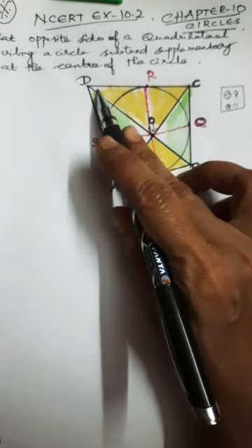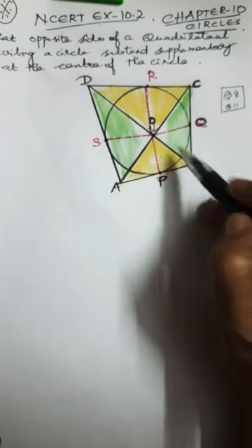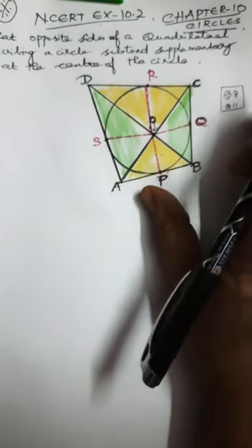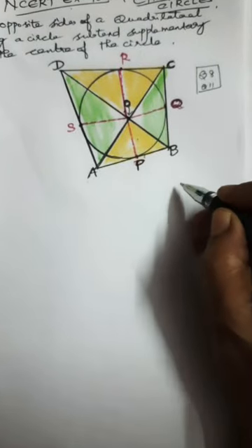See, in order to make you understand, I have colored in different shades. See, this yellow color, the opposite sides are AB and CD. They subtend supplementary angles. That means angle AOB and angle COD together make 180 degrees. And similarly, here BC and AD are the opposite sides. So AOD and BOC will subtend supplementary angles. So these two angles will be equal to 180 degrees. That is what we are asked to prove. So we can't make use of theorem 10.2. So please recall this property.